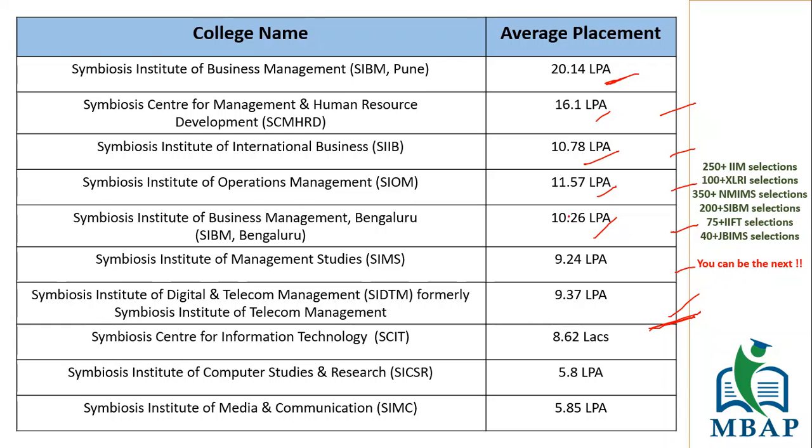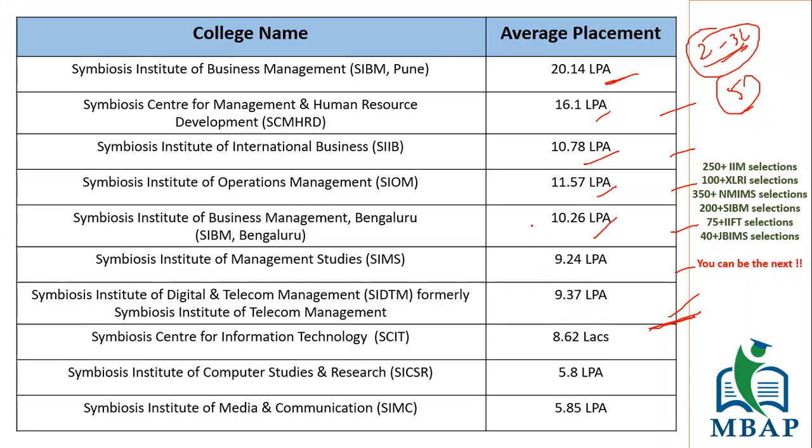Having said that, someone who has a current package of, let's say, 2 or 3 lakhs should definitely apply to colleges which are offering a 10 lakhs package overall. Why? Because 2 years down the line, your package of 3 lakhs might only go up to 5 lakhs. So you are doubling your package compared to what you would get if you worked for 2 more years. So it's a good option to go for colleges offering close to 10 lakhs here.